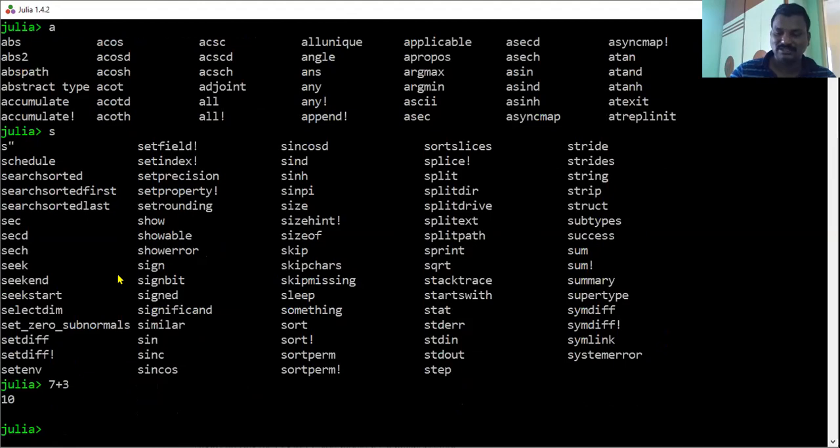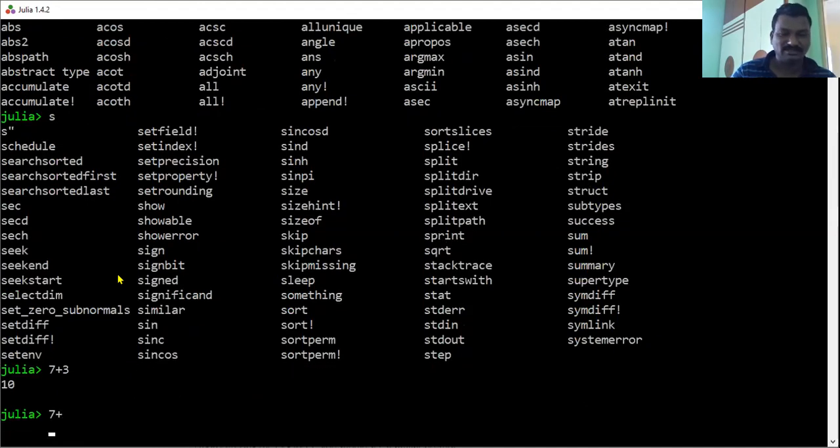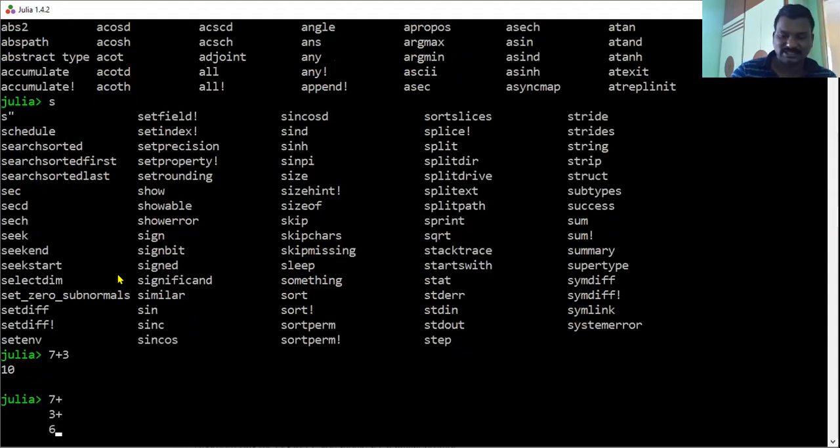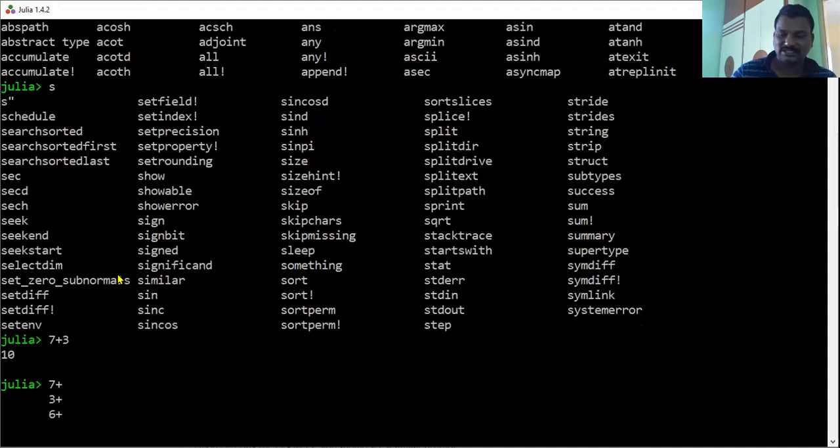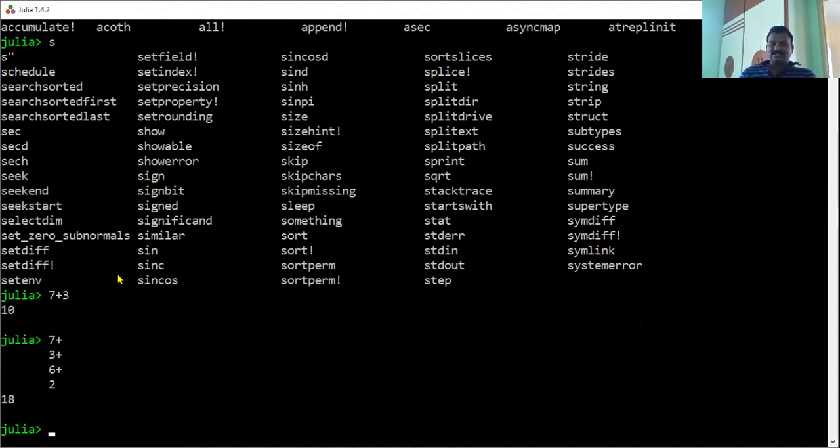For example, type 7 plus and press enter; it does not end there. Then 3, enter, and then 6 plus, enter, and then for example 2. If you press enter here, it is completed. That is called a multi-line statement. In this way you will write multi-line statements.